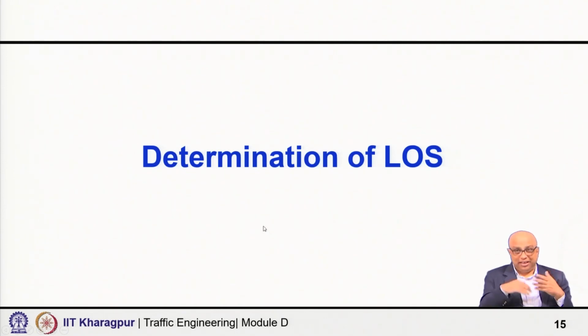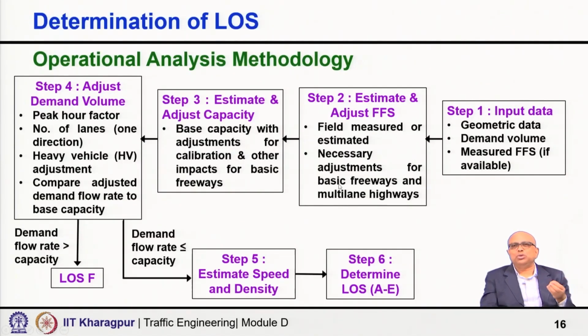Now, next part, determination of LOS. We discussed the concept of LOS, what measure we use, that is density in these cases, and why we do not use volume to capacity ratio or speed, especially for freeway segments and multi-lane highway segments. All these are discussed, along with the threshold values and how they are represented. Now, how do we determine the LOS? So, here is that overall